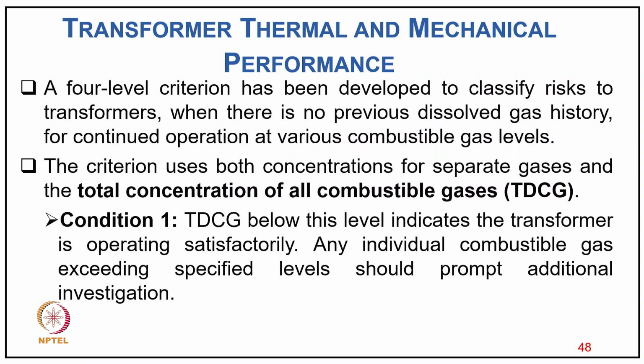So now coming to here, the A4 level criterion has been developed to classify risk to transformers when there is no previous dissolved gas history, for continuous operation at various combustible gas levels. The criterion uses both the concentration of separate gases and the total concentration of all combustible gases, called TDCG. For condition 1, TDCG below this level indicates that the transformer is operating satisfactorily, and any individual combustible gas exceeding the specified level should